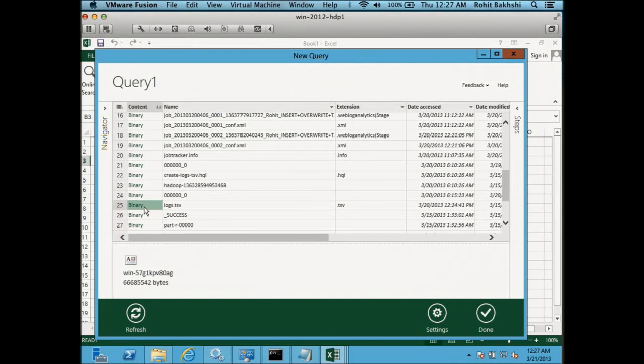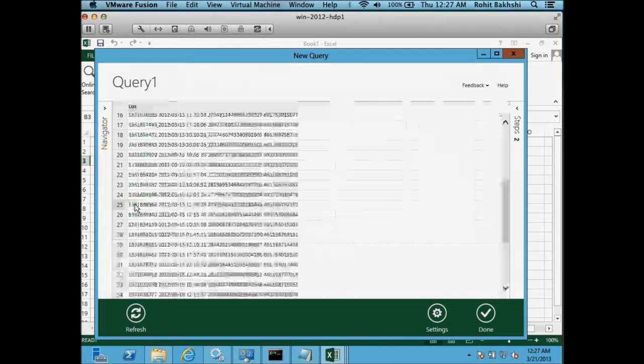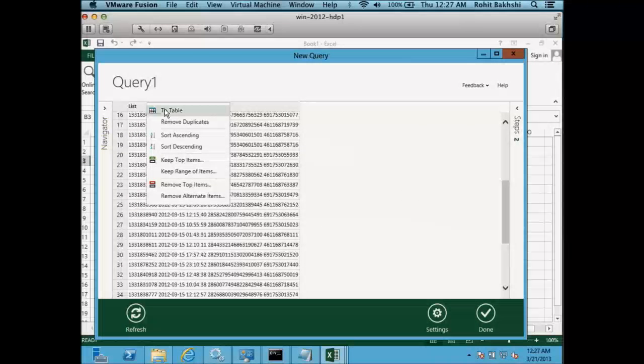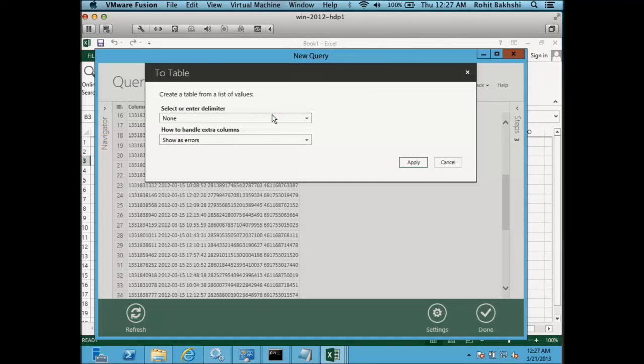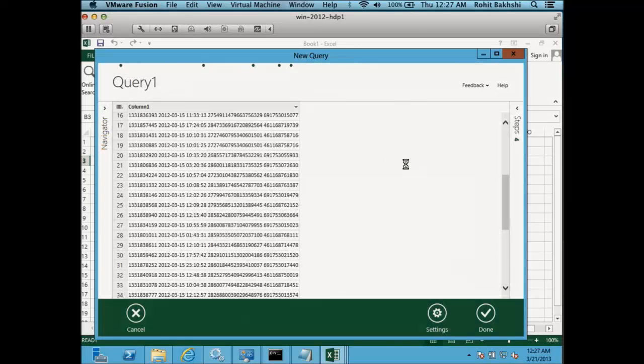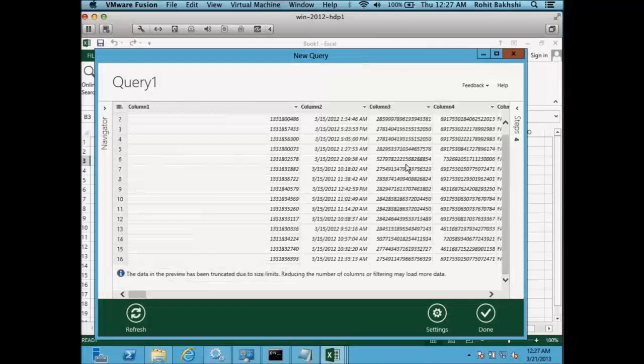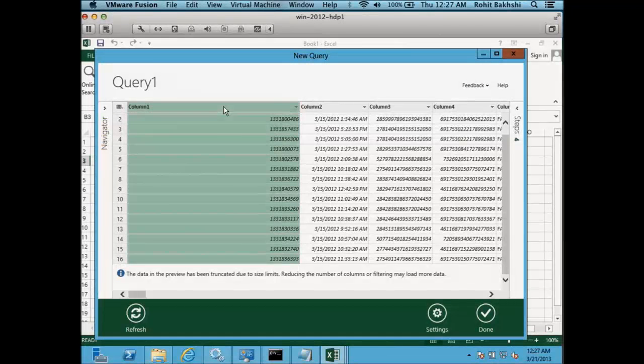So now you're using Excel and Data Explorer in Excel to interact directly with this distributed data system and look at the data in the logs. Here I use the functionality in Data Explorer to say, great, I have this unstructured log file. Help me understand what's in there. Help me explore the value in it. Data Explorer looks through the different delimiters in the format of that file and extracts it out into an easy-to-view page where I can look at the different types of data in that file. So here I have all the different columns, all the raw data that is collected as part of my application server web application framework.